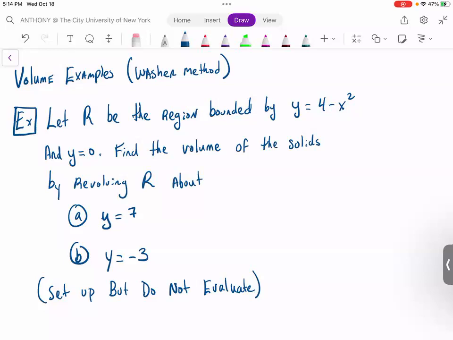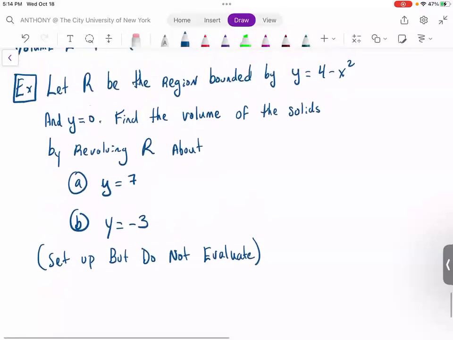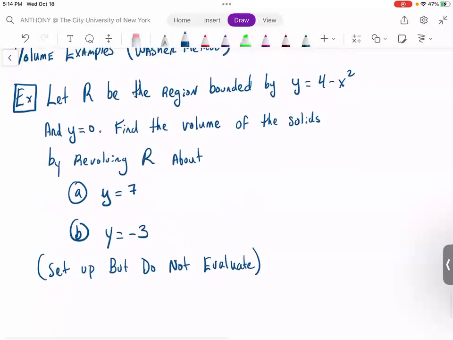So there's two different examples, and we're going to set up these integrals, but we're not going to evaluate them, only because the evaluation takes a longer process. Okay, so if I want to do at least part A, I need to